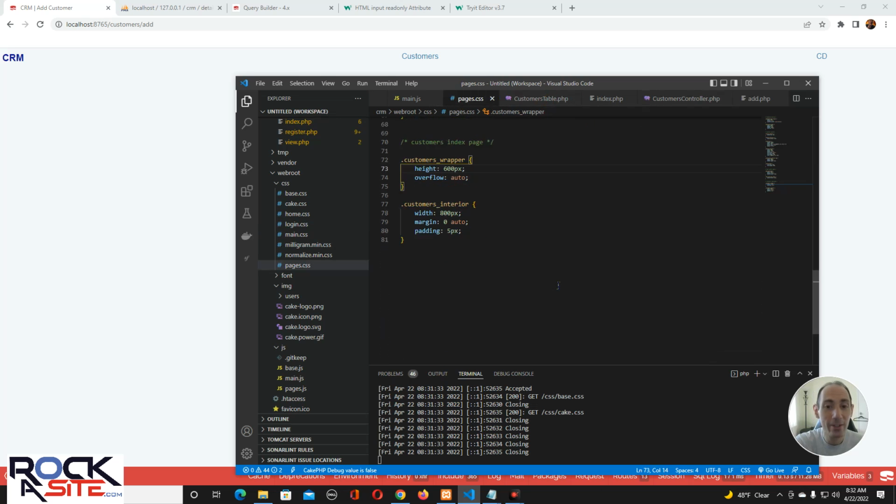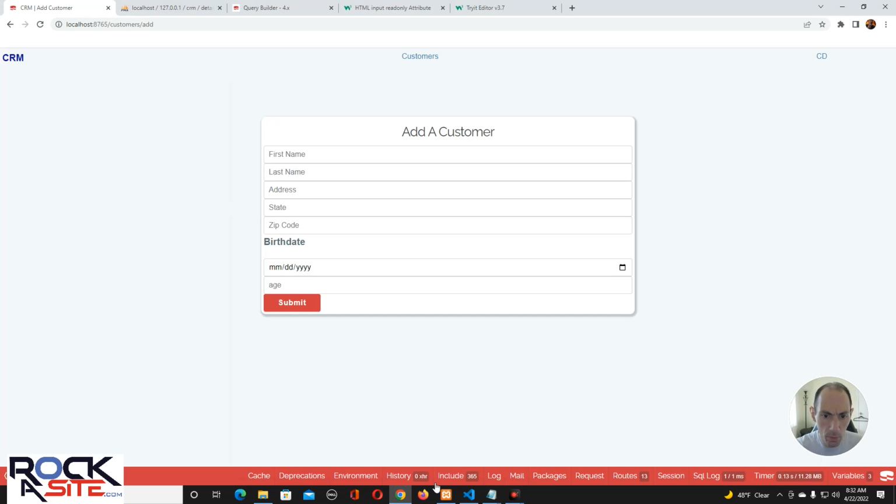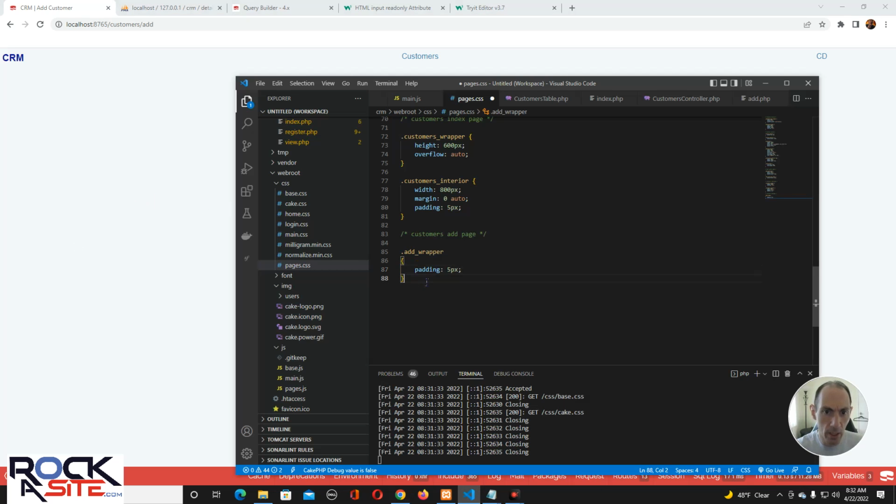I stand corrected. Let's go over to the add. Customers add. Not age page. Add page. Thinking add and page at the same time. That's how I think. Add wrapper. Alright. And we'll go padding 5 pixels. Now, yeah, I don't like that. So add form, we'll go with